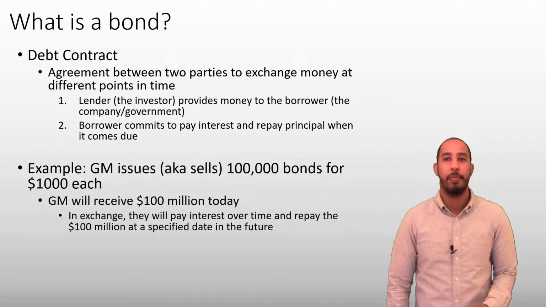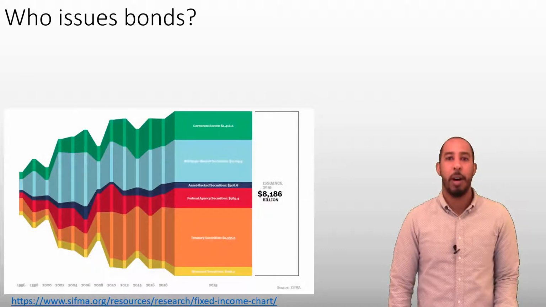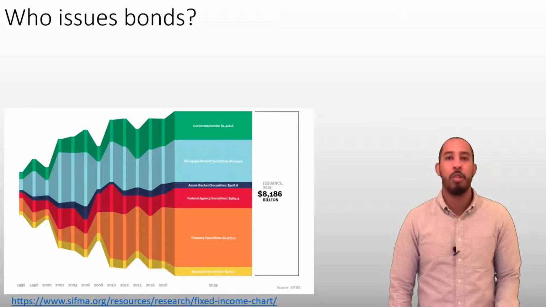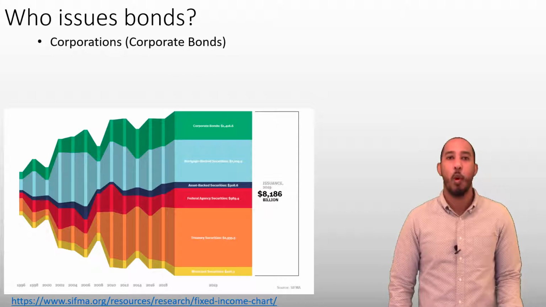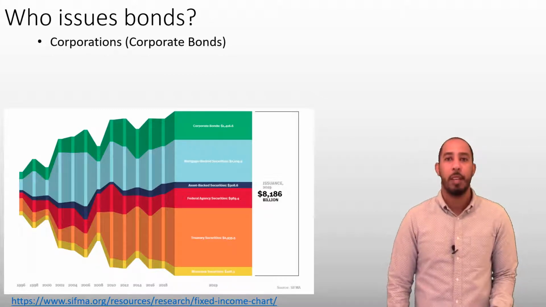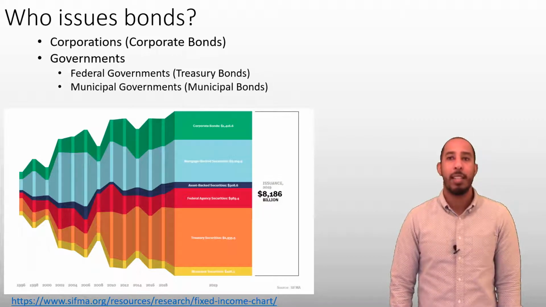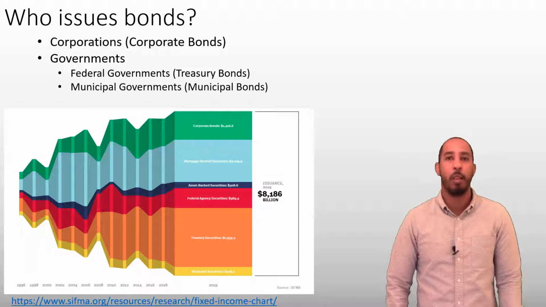of time. There's a lot of money tied up in the bond market. In 2019, over $8 trillion was raised in the US through the use of bonds. So who's raising money with bonds? Well, corporations issue corporate bonds, raising a total of $1.4 trillion in 2019. Governments, both US and worldwide, issue bonds to raise funds too. The US federal government sells what's called treasury bonds, and they raised $2.9 trillion in 2019 selling these treasury bonds. And municipal governments like cities issue municipal bonds to pay for things like roads and local schools.